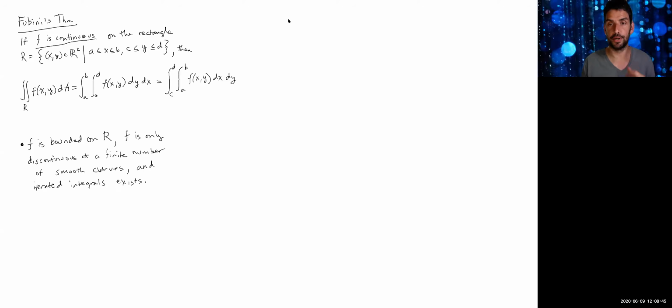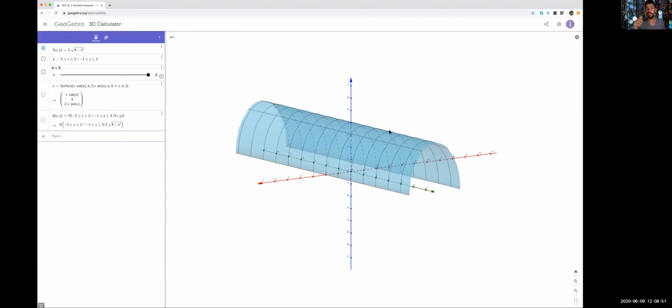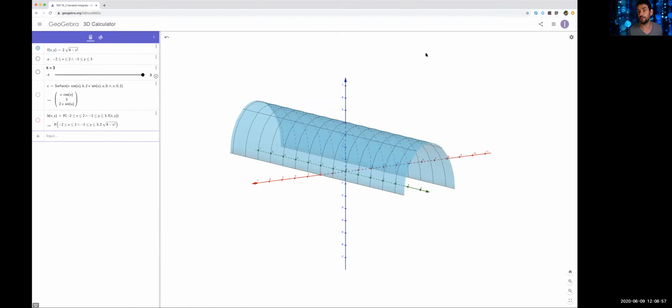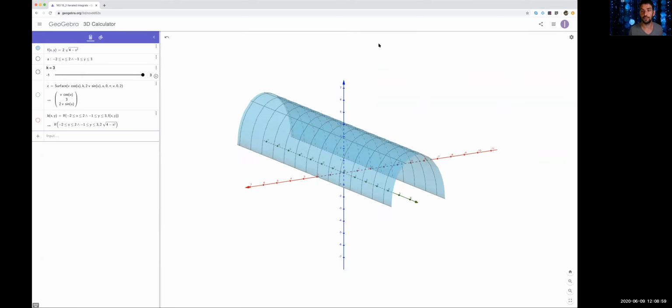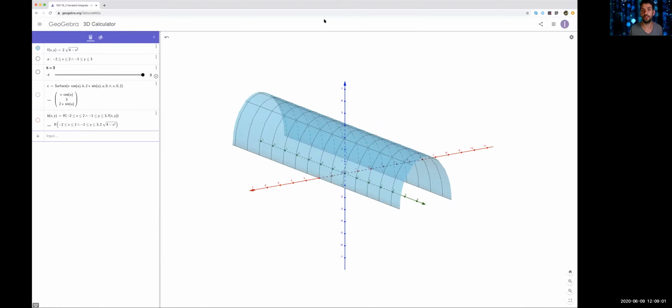You might remember from integral calculus doing things like solids of rotation, where the idea was you have some kind of axis and a shape around that axis. It might change at each point,